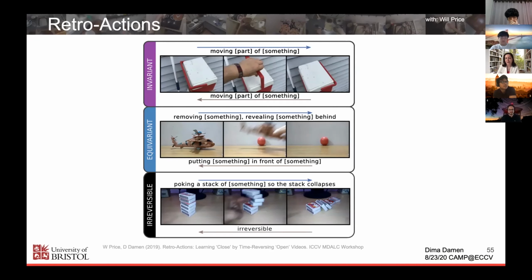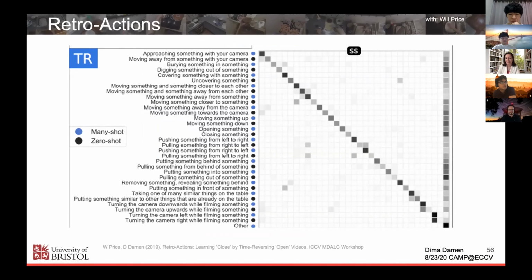Also in this work, we use this to achieve zero-shot learning. By that I mean I'm showing you a confusion matrix of aspects of this Something-Something data set. And every other class in this subset is zero-shot learned. What does that mean? So let's look at this class, burying something in something, and its corresponding one, which is digging something out. We've taken the burying action, we've trained it for burying, we reversed those videos, and then we've trained them for this digging out. In testing, we have valid forward time digging out action, right? That's why it's zero shot. So we've never seen digging out, we've just seen the time reversed version of it out of burying.